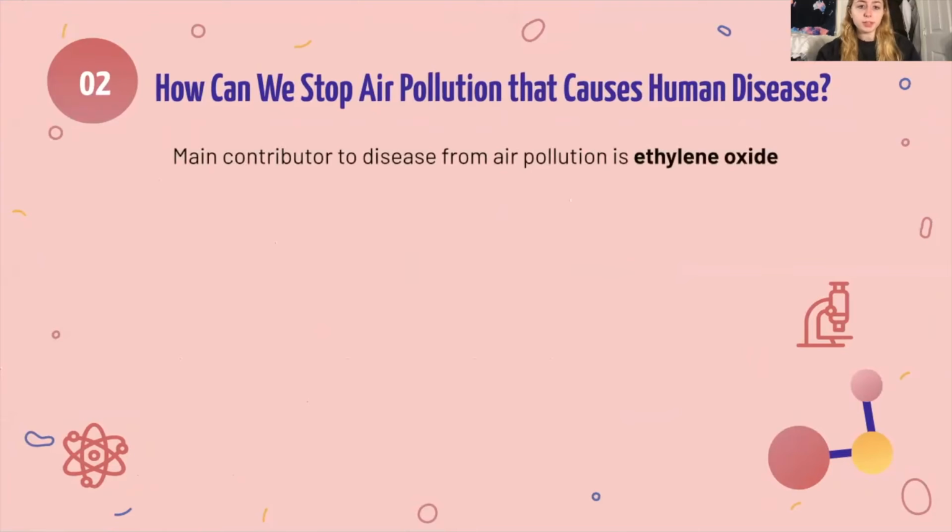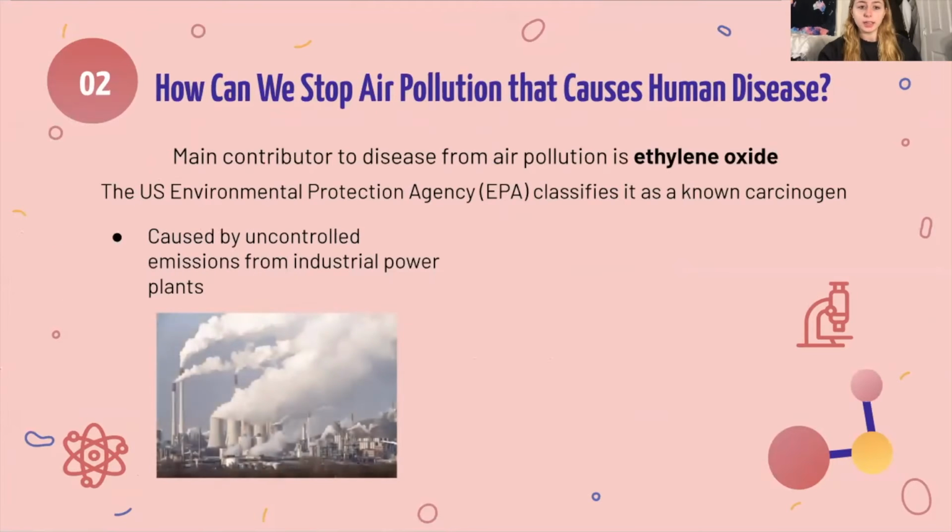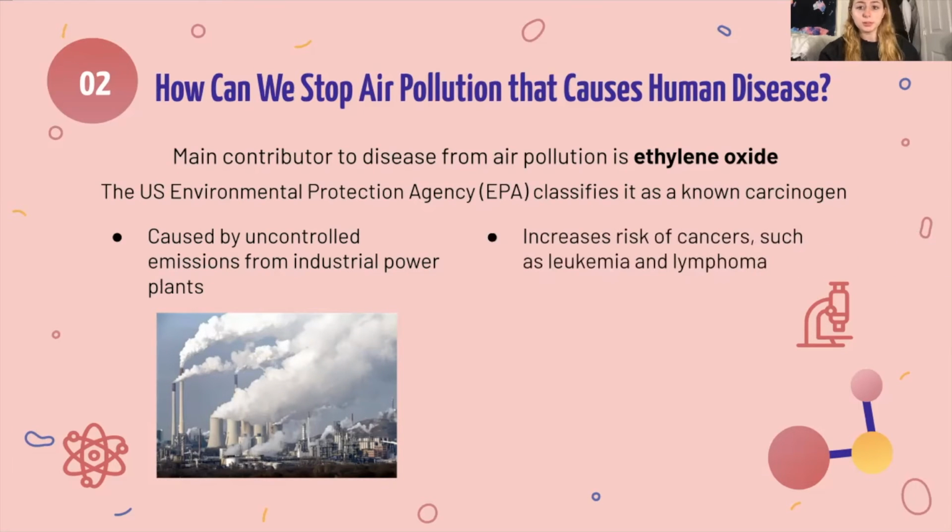So I found that the main contributor to disease from air pollution is ethylene oxide. And the EPA classifies this as a known carcinogen, meaning it can lead to and cause different types of cancers. Ethylene oxide in the air is caused by uncontrolled emissions from industrial power plants, and people that live near power plants are likely to be exposed to it, which increases their risk of cancers such as